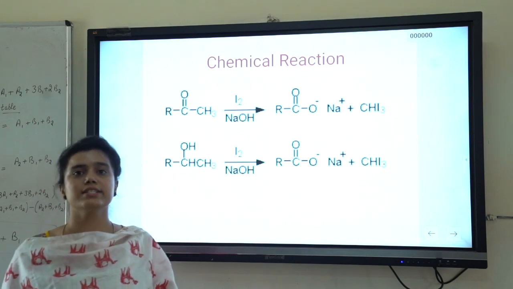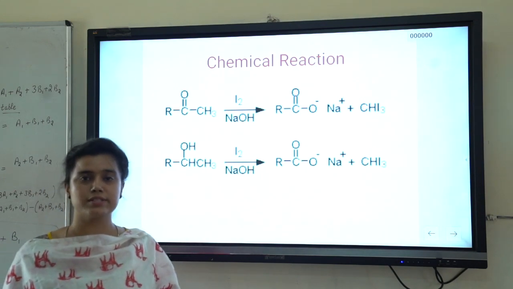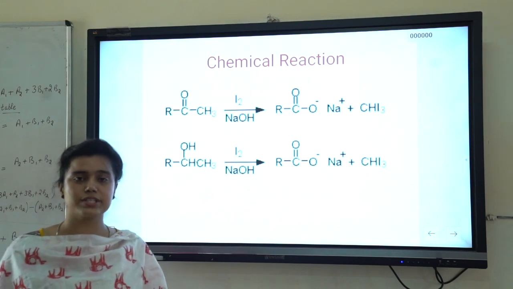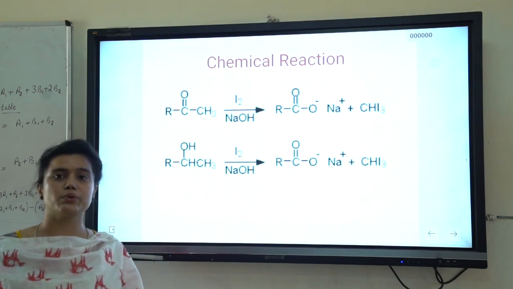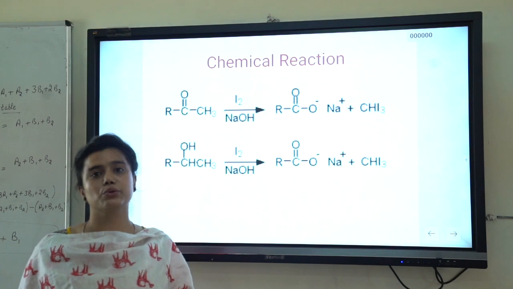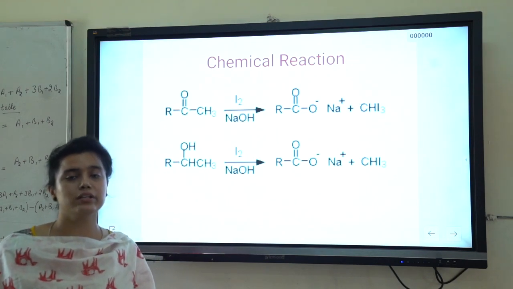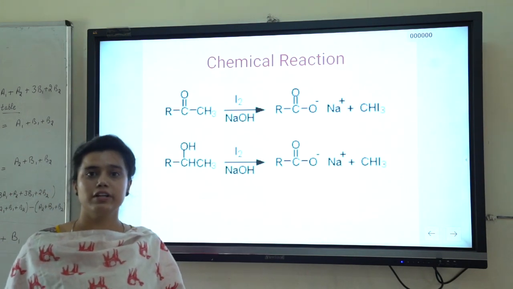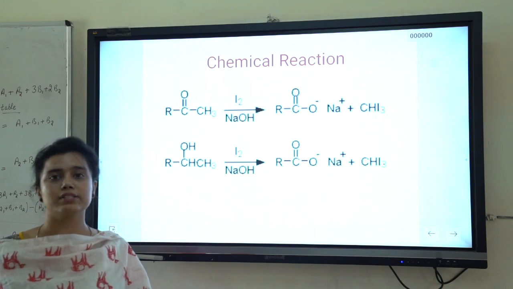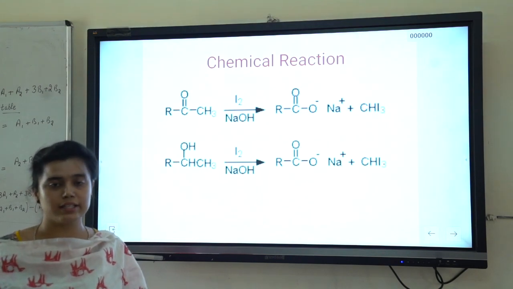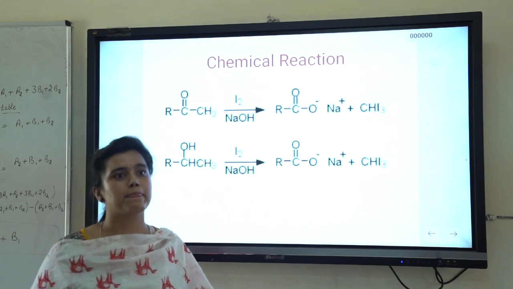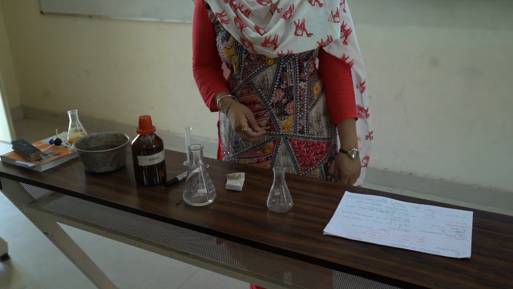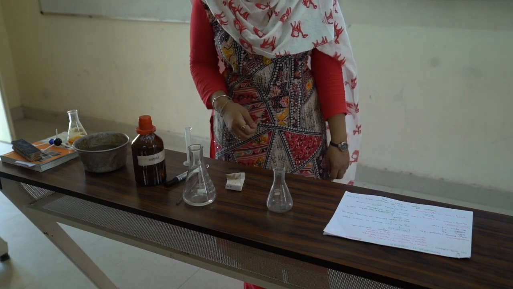In the present reaction, I am considering acetone for the further procedure because of the higher yield as compared to ethanol, and this is a one-step reaction. However, the intermediate formed is known as triiodomethane, which reacts with sodium hydroxide to give the stable end product, CHI3, which we further filter or separate with the help of a suction pump, and crystallize for purification. I think for the iodoform preparation reaction the theory is very clear to you, and now we proceed to perform this reaction.